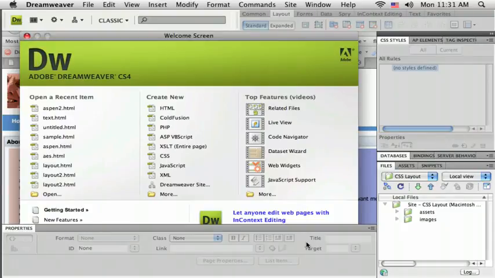And in this set of tutorials, I would like to go through the process of using Adobe Dreamweaver CS4 to create a layout using CSS. Now we're going to jump right into that pretty quick here, but before I get started, I want to just